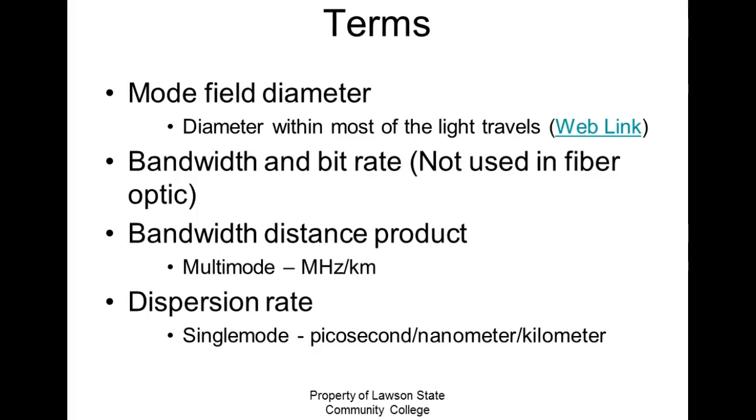So distance bandwidth product, this is for multi-mode, we do it in megahertz per kilometer. So this is the way the cables are rated. In single mode, it's in picoseconds per nanometer per kilometer. So this would give us an idea of how fast this cable right here can actually operate,